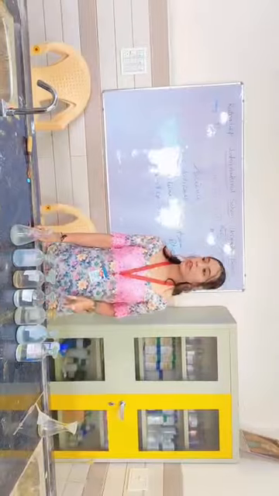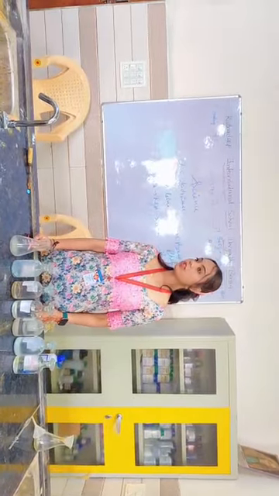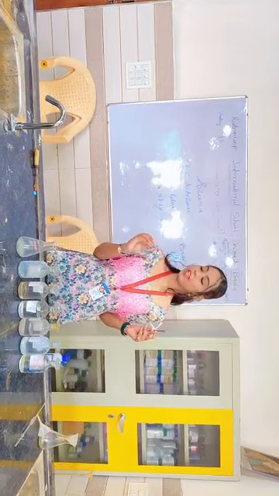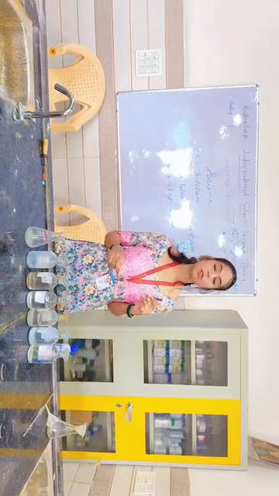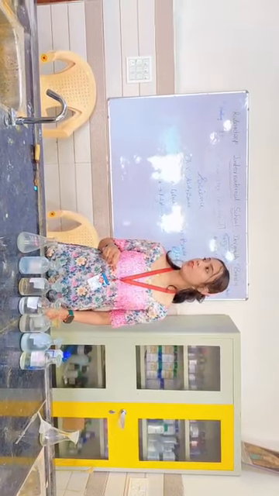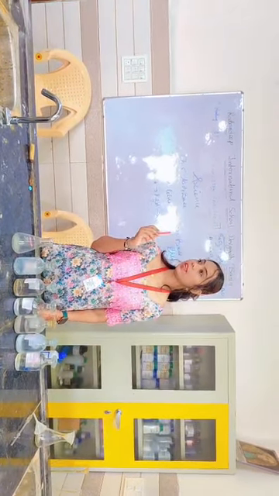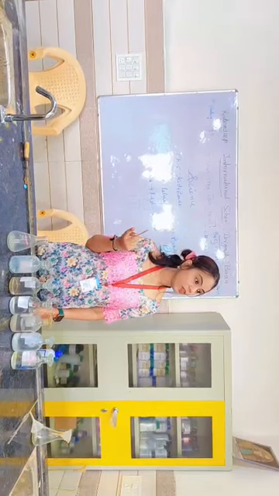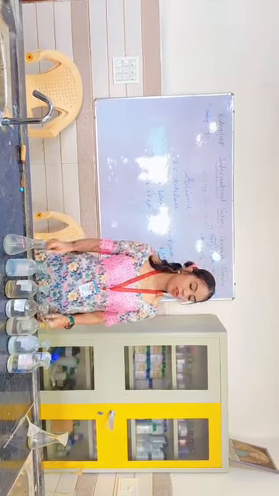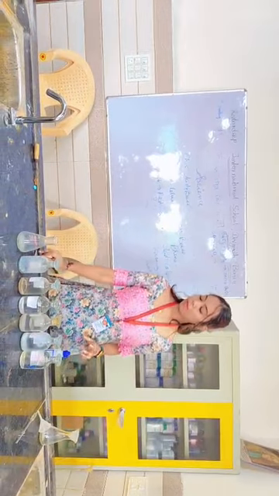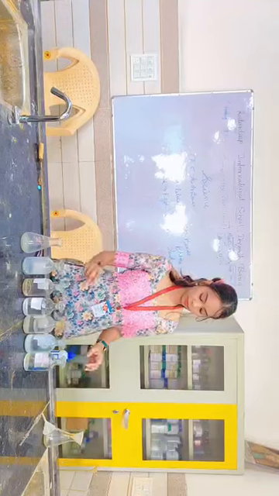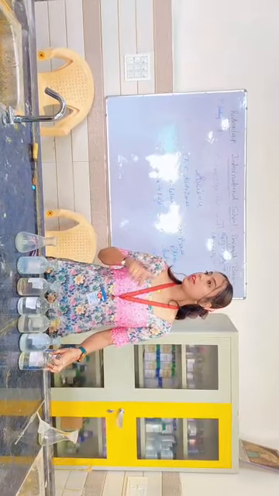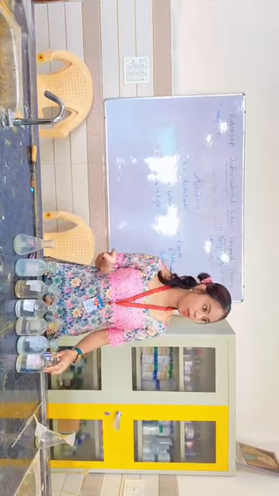Yes. So if I want to check whether the given solution is acid, which litmus paper I will use, red or blue? Blue. Okay, and the color will change into Red. Good. And if I want to check whether it is base, then which litmus paper I use? Red. And the color will change into Blue. So let's check. Okay, first we will check with the help of these litmus papers, and later on we will use phenolphthalein indicator. Now you have to tell me that what did I use, whether I took acid or I took base. Okay.